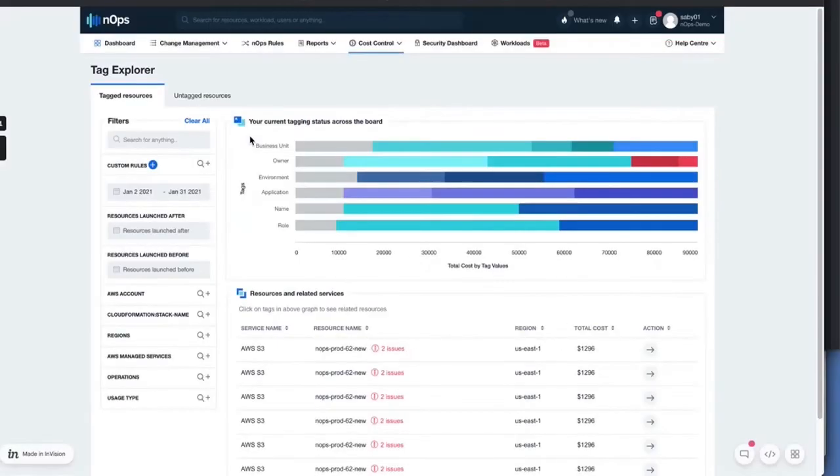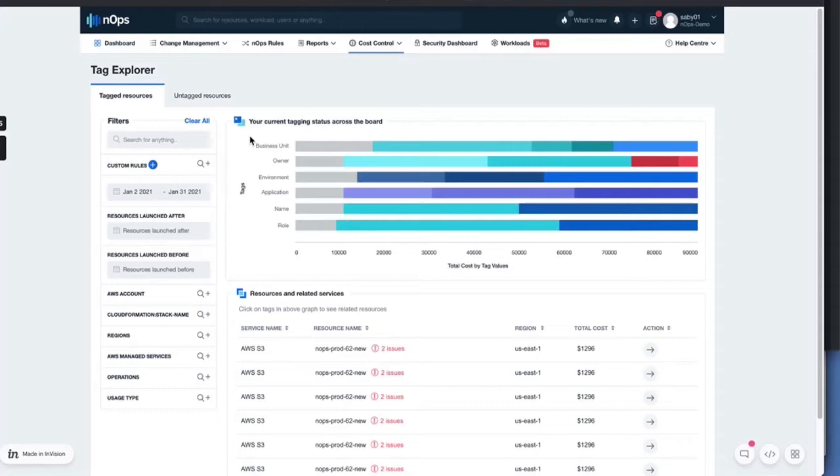In this video, I'll go over how you can use nOps to analyze your tags. So in AWS, companies use tags to track projects, different department spend, different team spend. So everyone kind of leverages tags differently, but there's not an easy way to visualize how you're spending money across different tags. So we make it very easy in nOps to see how you're spending across